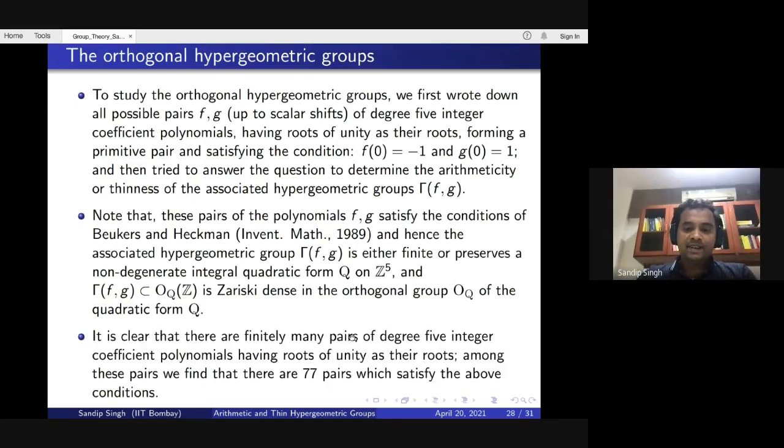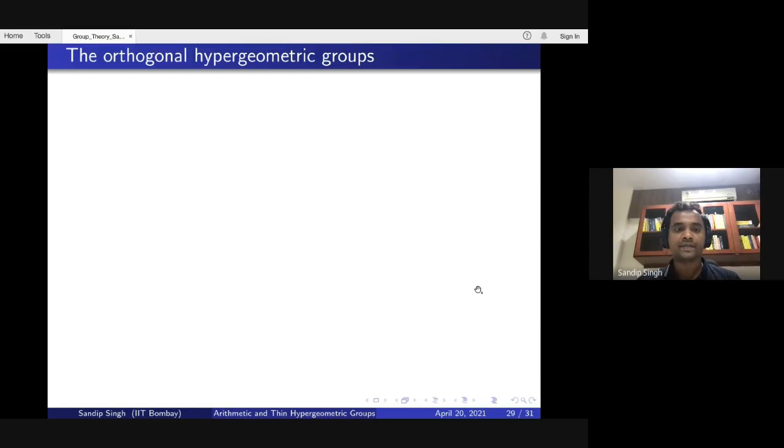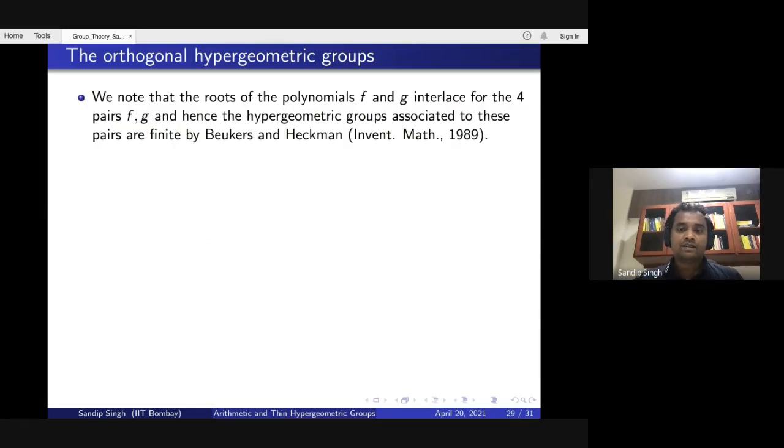And it is clear that there are finitely many pairs of degree 5 integer coefficient polynomials having roots of unity as their roots, and among these pairs we find that there are only 77 pairs which satisfy the conditions of Beukers and Heckman. Yeah, and we note that the roots of the polynomials f and g interlace for 4 pairs f, g, and hence the hypergeometric groups associated with these pairs are finite by the same result of Beukers and Heckman. Interlace means...